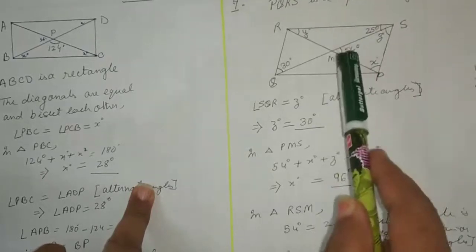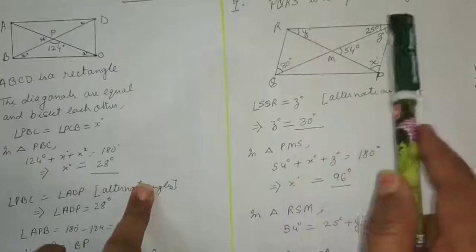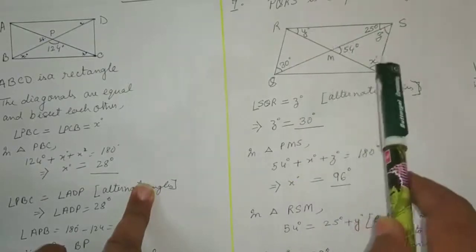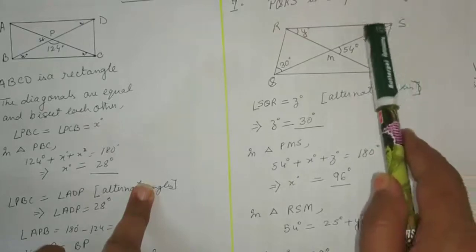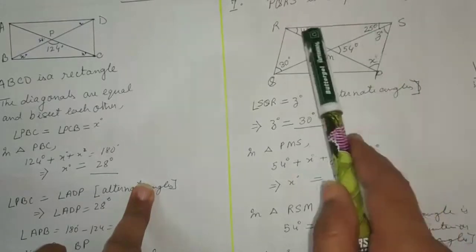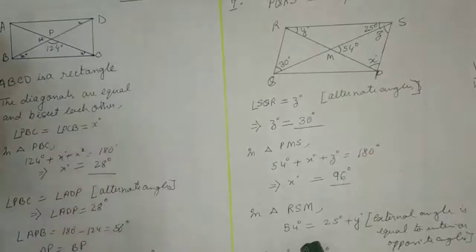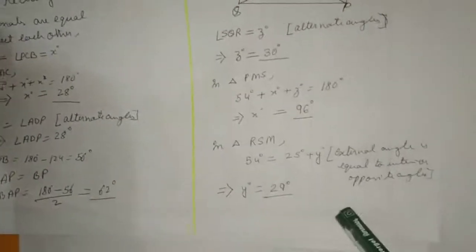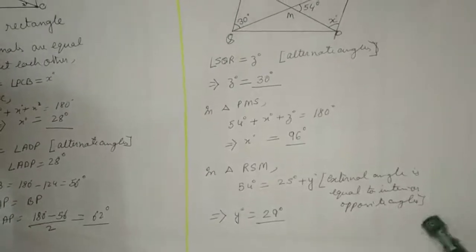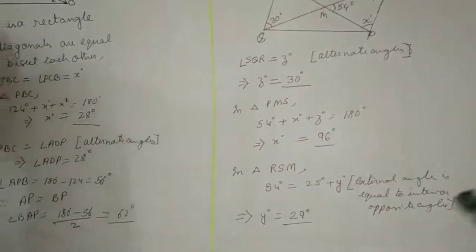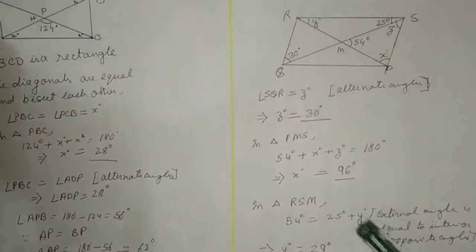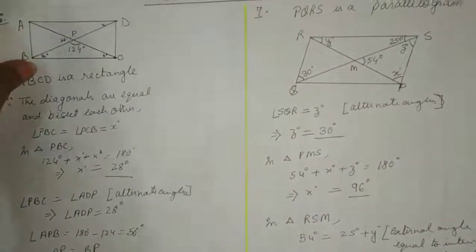You can also take the concept of triangle RSP. Sum of the three angles is 180 degree. X we found out just now. Angle S also we know now. So the third angle can be found out. So finding out the unknown angles depends on you, which concept you want to put. Only see that the concept is correct. This was my way of finding out in a short method, and you can try out your own ways also.